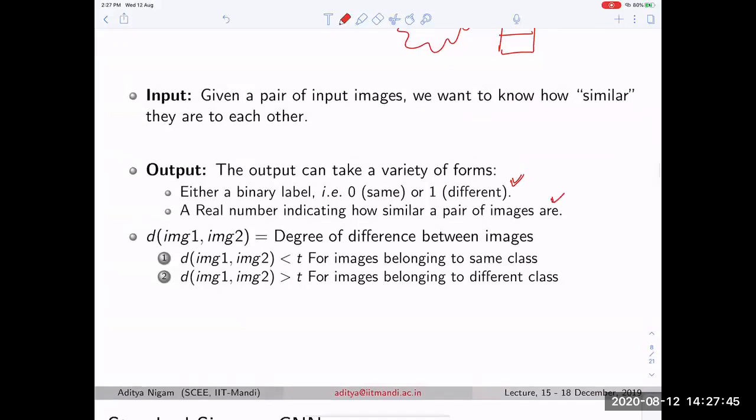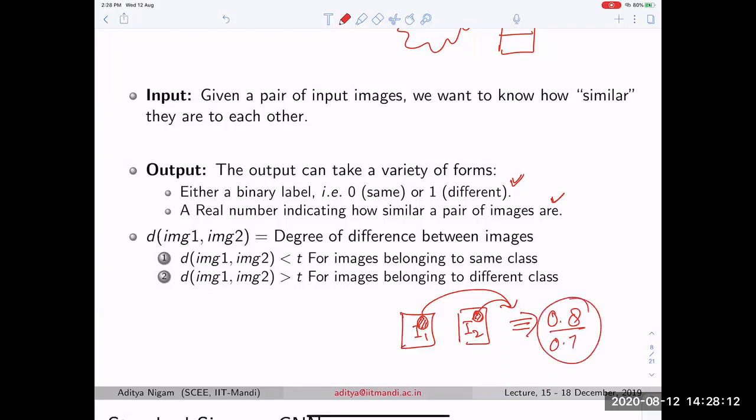Here it is going to say that I am going to have two images. You will have to say whether they are same or different. And it may be that there is some region which is common in both, and the other region is very different, but because of this region there is some similarity, and because of the other region there is dissimilarity, and the value is actually coming out to be 0.8, maybe 0.7. So you are saying that they are dissimilar. So yes, to come up with a network like this is the thing that we usually train first.